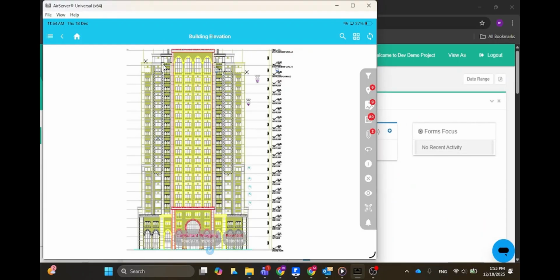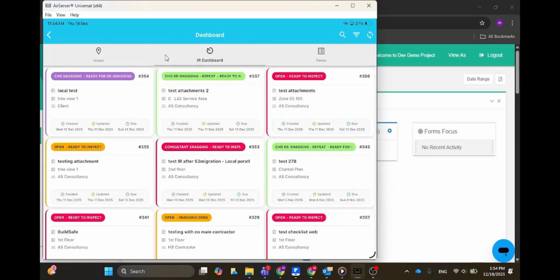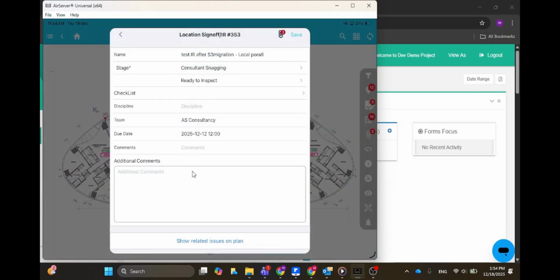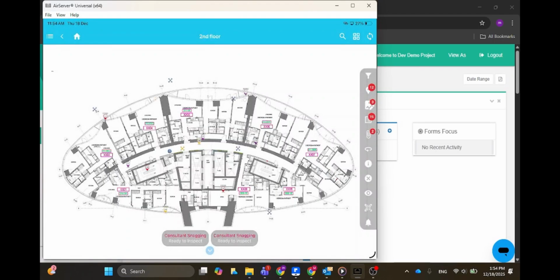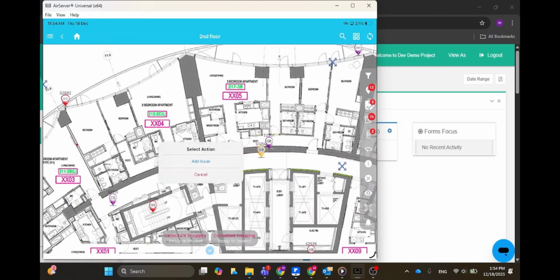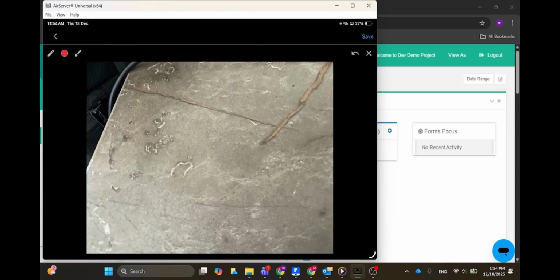From the mobile application, after logging into the project, you can head on to the global dashboard and then jump to the IR dashboard. Here you see a list of all the inspection requests which are created. You click on the one that you need to access, automatically it will take you to that unit and expand the IR information. You can click outside to exit the information and start your inspection. Raise the snags. And after you're done with your inspection,